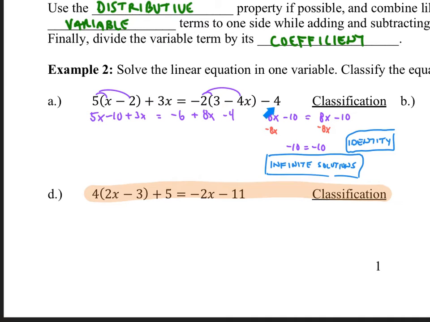Again, we could have known that up here, right? Those are identical, so it was an identity, which means we have infinite solutions. So technically we could have stopped up here if you recognized that. Sometimes people like to go a little bit further. So